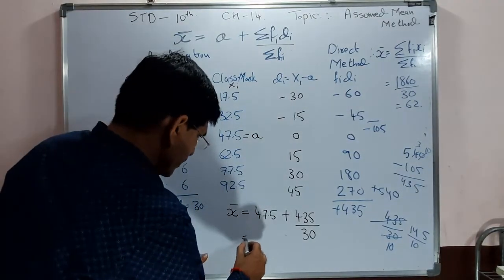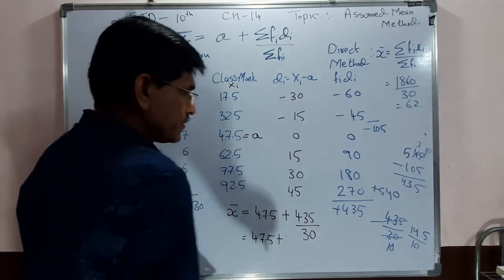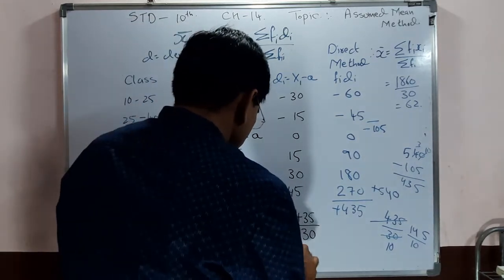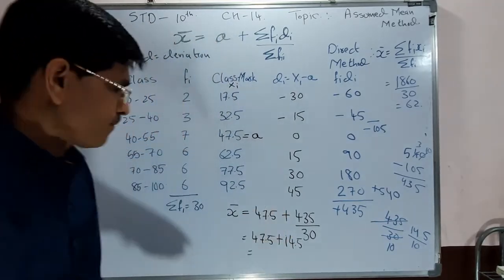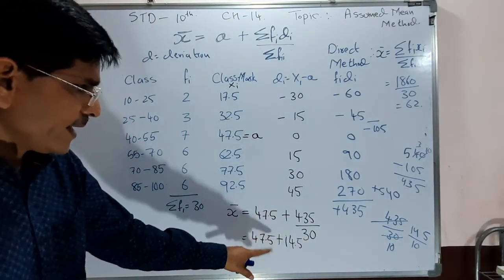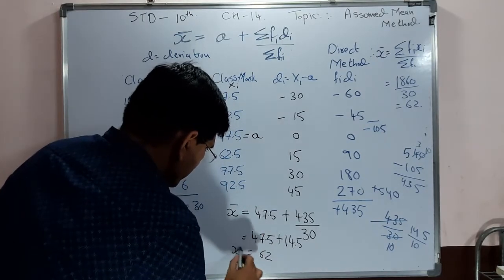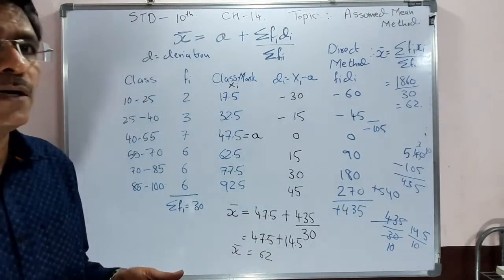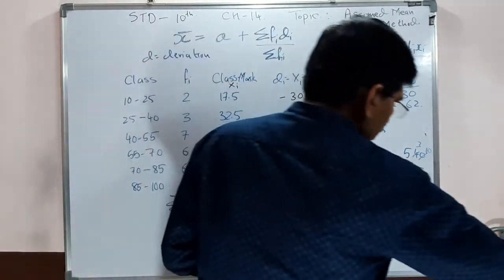So 47.5 plus 14.5. What will you get as the answer? 5, 5, 10, 8, 62. So again the mean is the same. We can get the mean the same, either